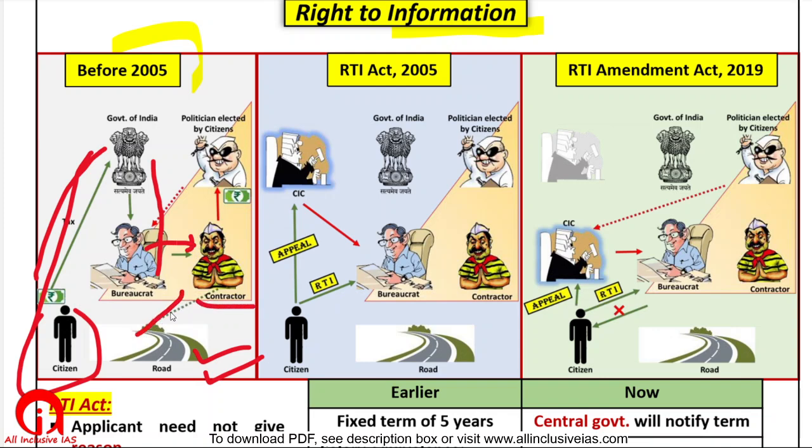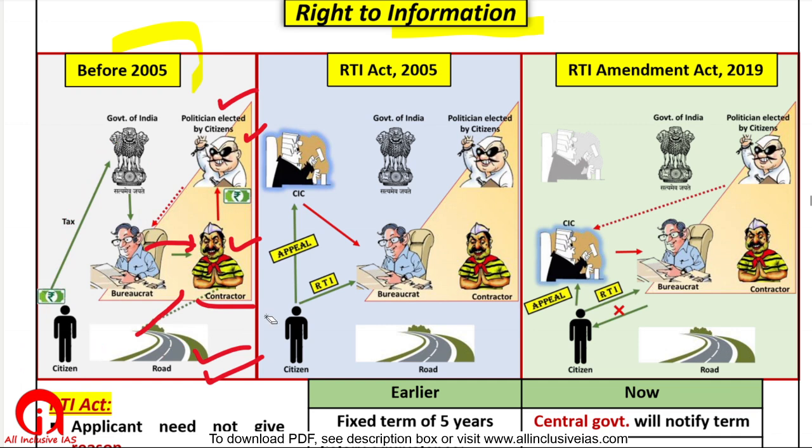Now what happens is that this contractor is no one but actually the junior brother of Netaji. Netaji or contractor is one and the same thing. That is how most Netajis get their money. Anyways, so now your taxpayers' money to make the road has gone through the bureaucrat to the contractor. The contractor uses third class quality material, makes the road, and gives the money saved to the Netaji. Okay, that is how things get.